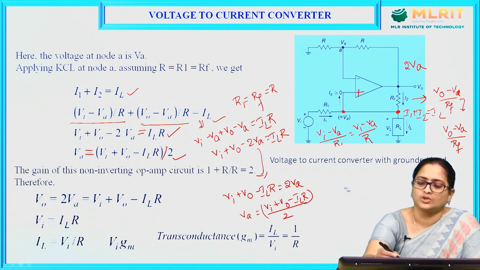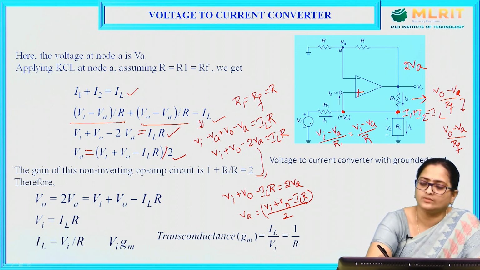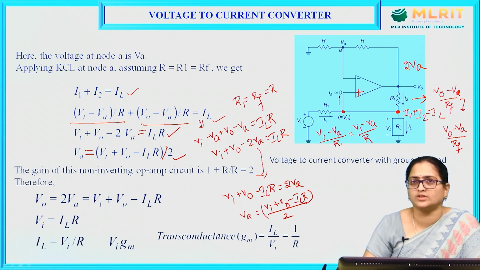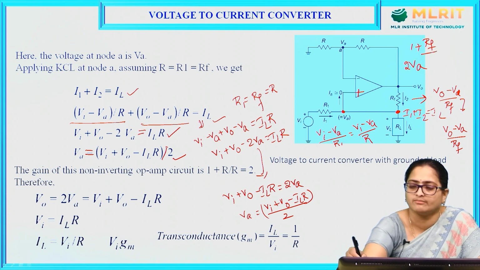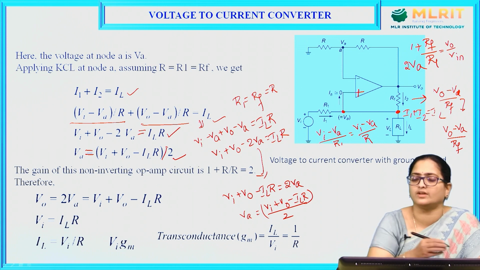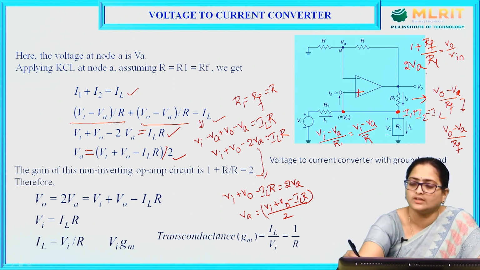If you can see, this circuit has been connected as a non-inverting amplifier. That is, VI is connected to the positive terminal of an op-amp. So, the gain of an op-amp can be given as 1 plus RF by R1. The gain, which is the ratio of V naught by V in, is given as 1 plus RF by R1. So, you can write this V naught is equal to